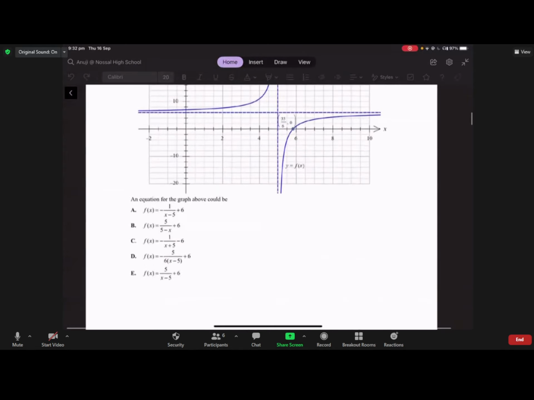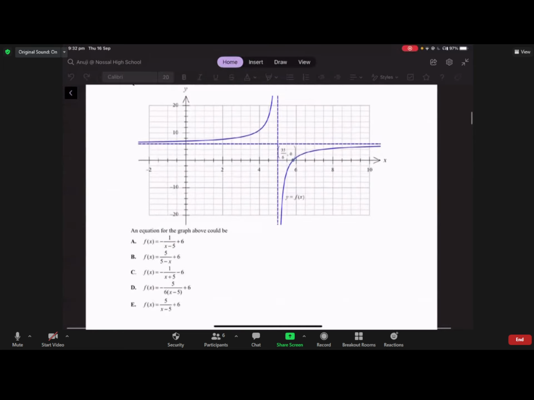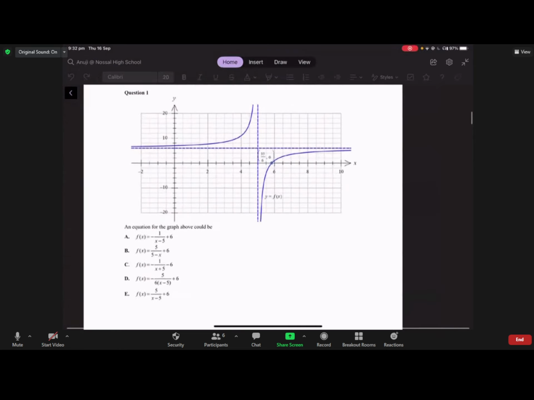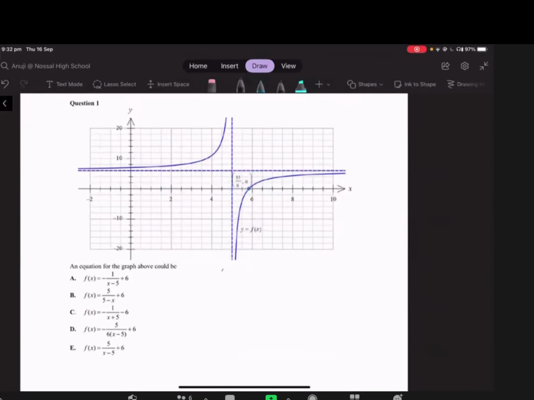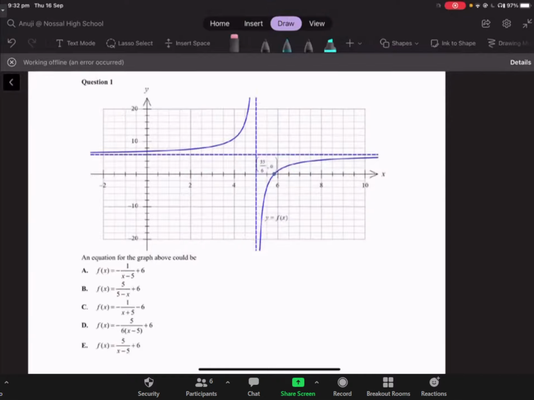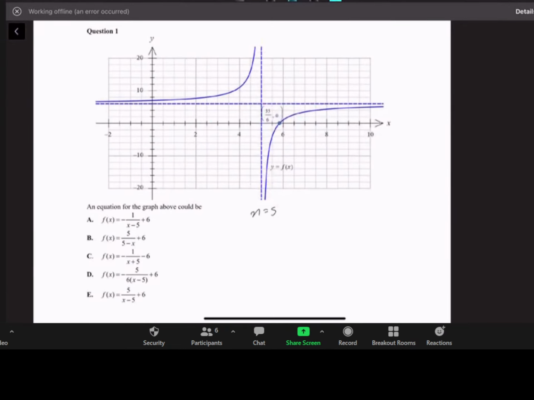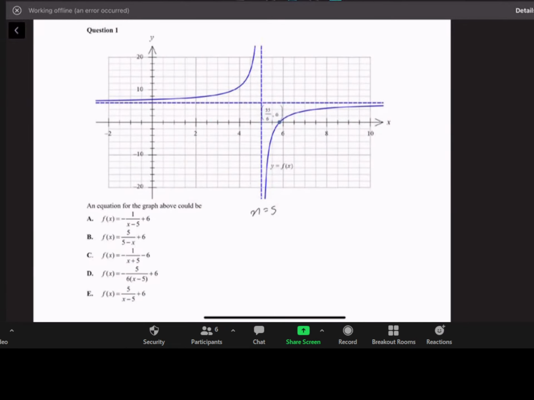Multiple choice number one. For this question, you can start off by looking at the asymptote. So you can see we have an asymptote at, make this a bit thicker, x equals 5. So you can start with that, and you can see the only option we can really get